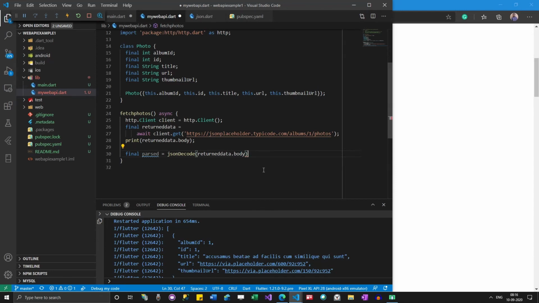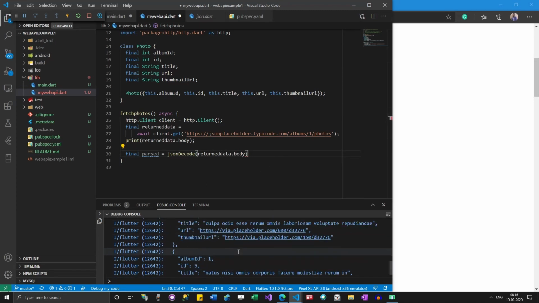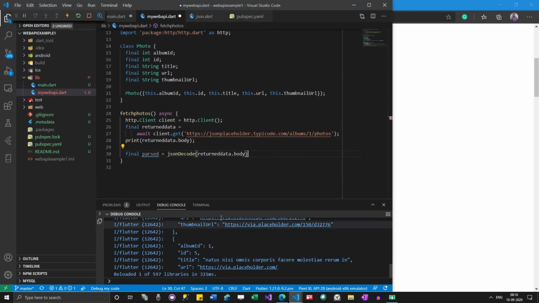One of the ways to convert the data, if you have watched my previous video on SQFLite, is those maps, right? We'll try to do the same thing here. We are converting this JSON data into a form of maps.